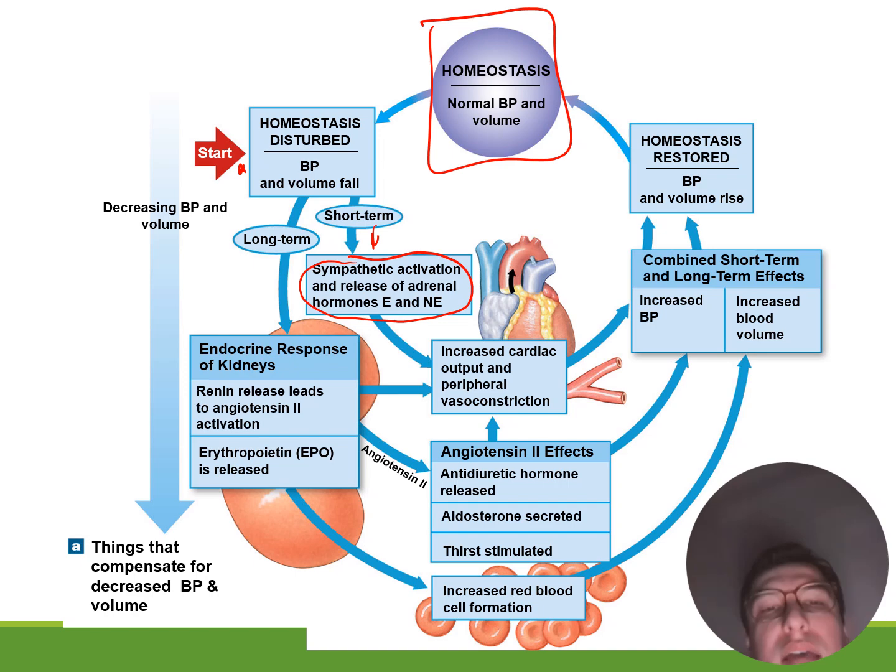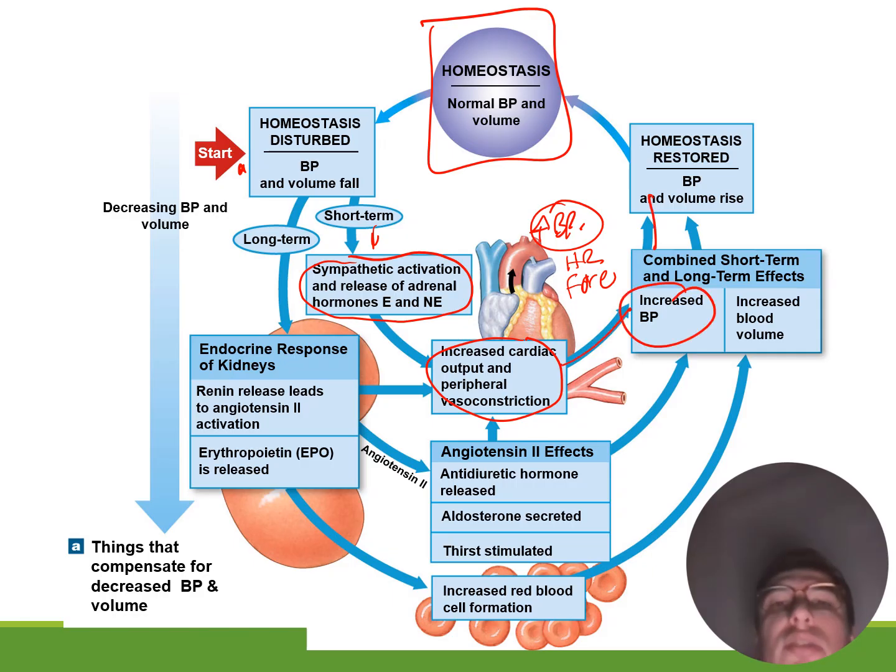And when we have that, we have an activation of the cardioexcitatory center and the vasomotor center. So we're causing vasoconstriction in the periphery to increase blood flow to our vital organs, and we're also increasing heart rate and force of contractility. So we're trying to restore blood pressure, and that is going to cause an increased blood pressure to try to restore homeostasis. Now, this is short-lived, so if we need more of a sustained elevation in blood pressure,